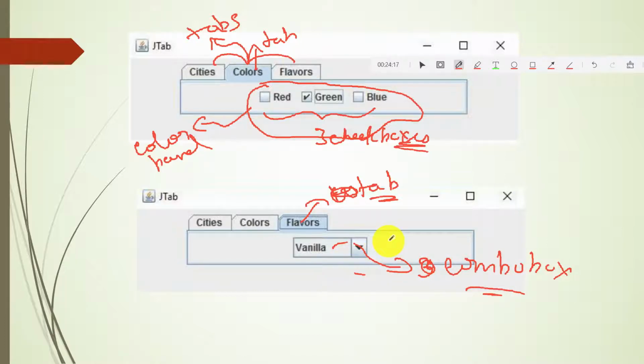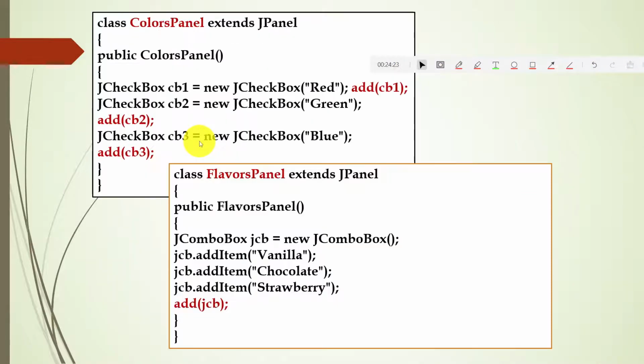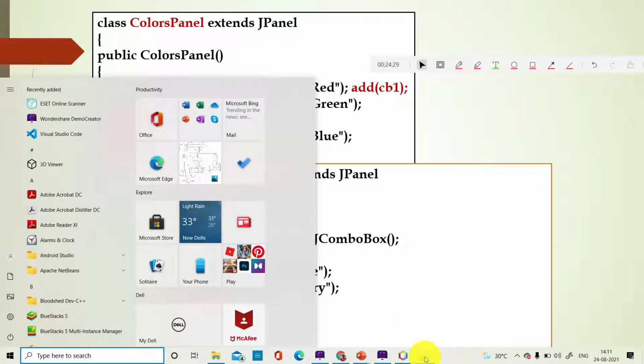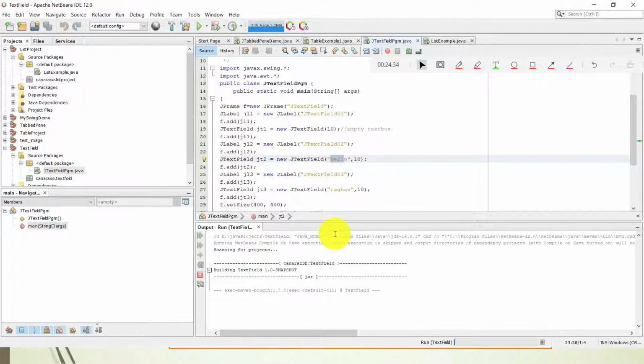Okay. So let us see the output now, so that we understand it properly. Now you got a look and feel of how these things work. I have already executed the program for you. Let us execute one program and see the outputs, and let us make some changes also, so that we understand the concept.